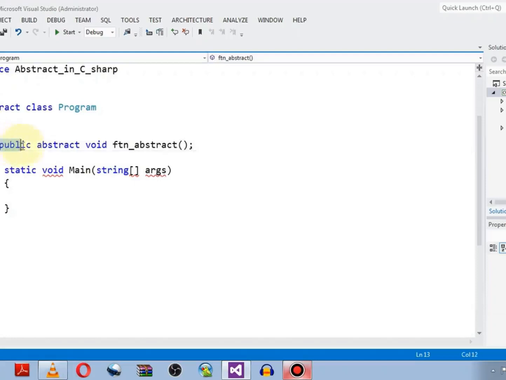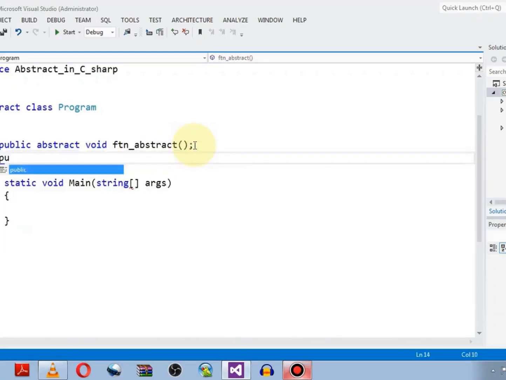First student, you must make it public because private will not be accessible outside. Then place the keyword abstract before the return type, and the return type depends on your choice according to your situation, if you want to make it void or integer, float, or a string.